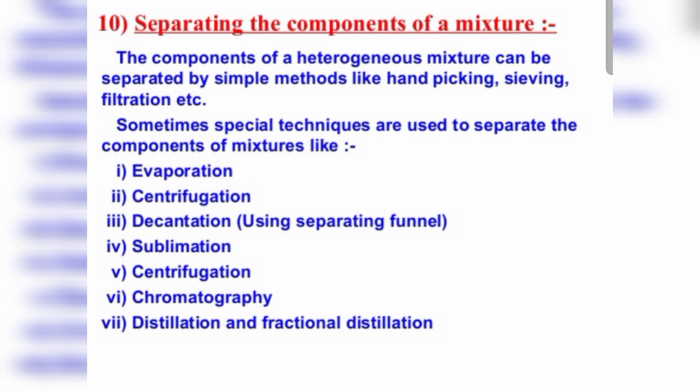We can say that the difference in physical properties can be used to separate the constituents of a mixture or to purify it. So we can say that a heterogeneous mixture can be separated into its constituent particles by simple physical methods like hand picking or sieving or sedimentation, decantation or filtration, but some special methods are employed to separate the constituents of a homogeneous mixture. So these methods are based on difference in volatility, or ability to sublimate, or boiling point, melting point or density.